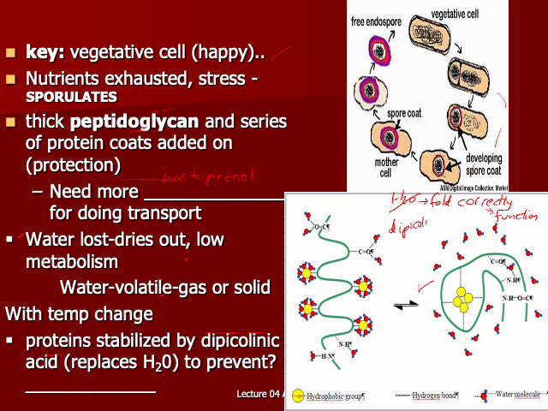Dipicolinic acid. It replaces the water so that the proteins stay folded. It prevents, what would be the word? Unfolding, denaturation of proteins. So you can see it's very important, right? Dipicolinic acid is very important. So this whole sporulation process is not simple, but they'll go through it because it can